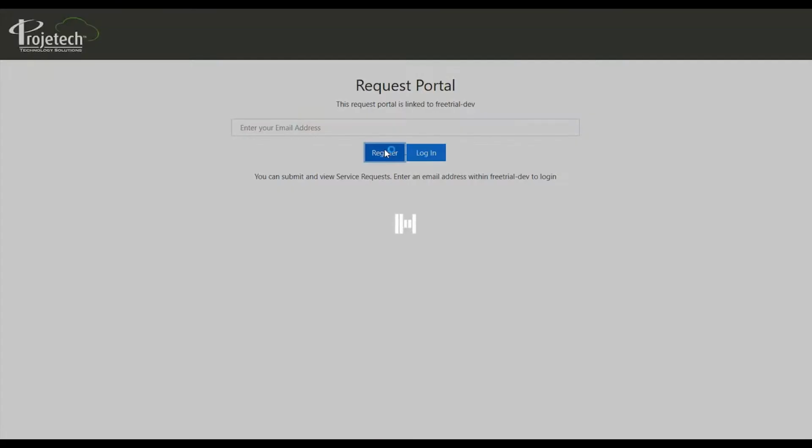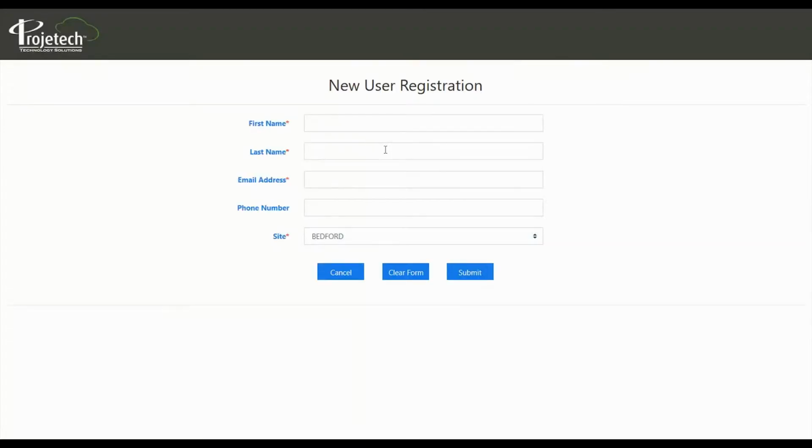First, let's go ahead and register a new user so you can see that simple process. All that's required is their first name, last name, and their email address. A phone number is not required, but may be a good idea for communication purposes. If you put in a service request and someone has a question about the request, they can just simply call